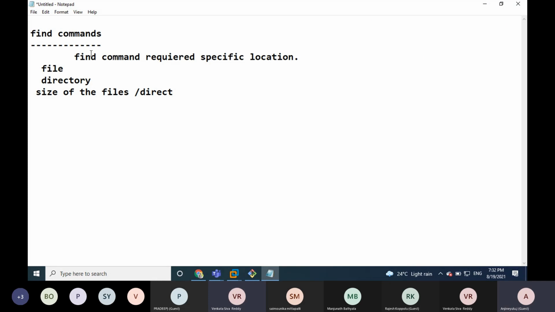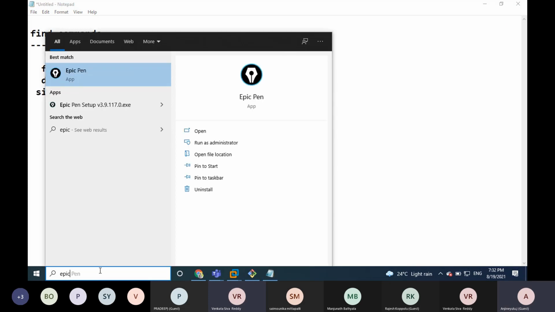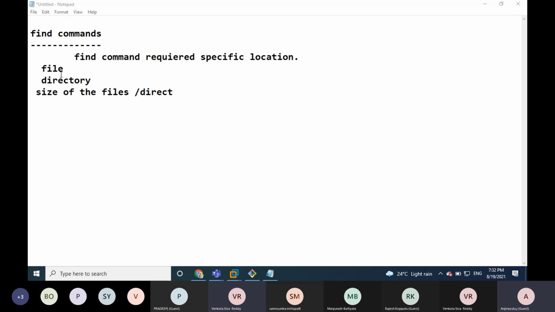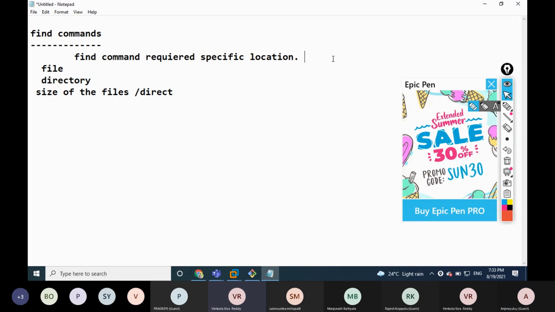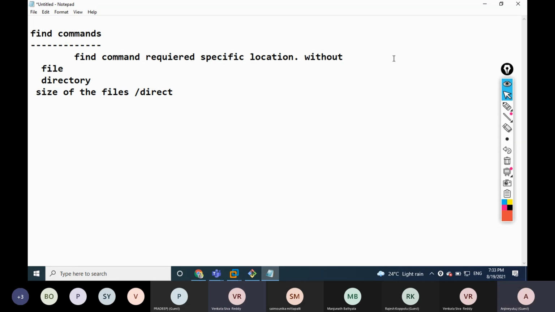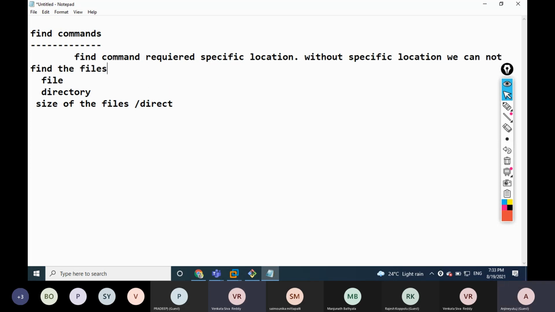That means by using the find command, we can find a specific location for a file or directory. Without a specific location, we cannot find the files or directories.